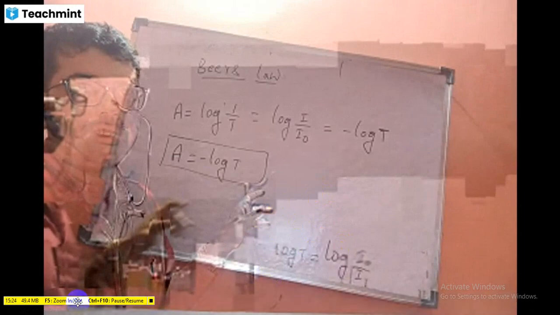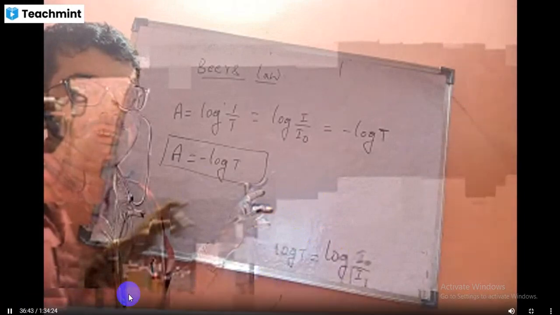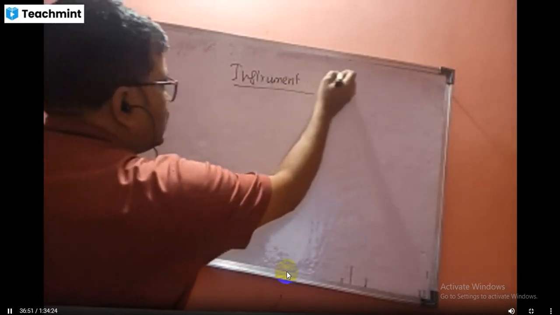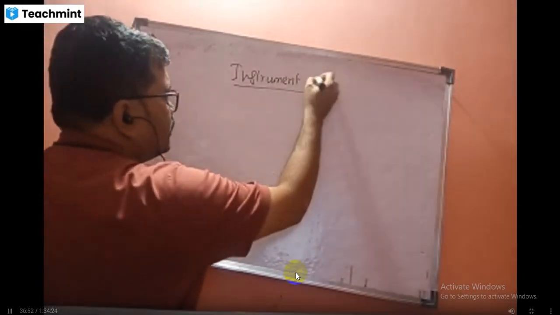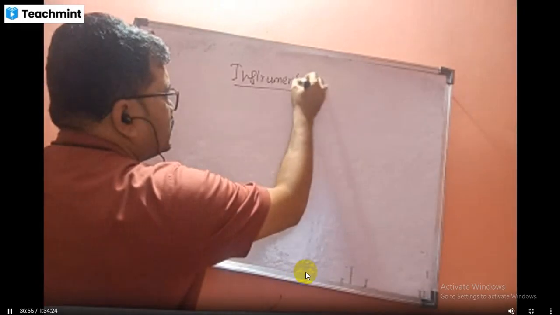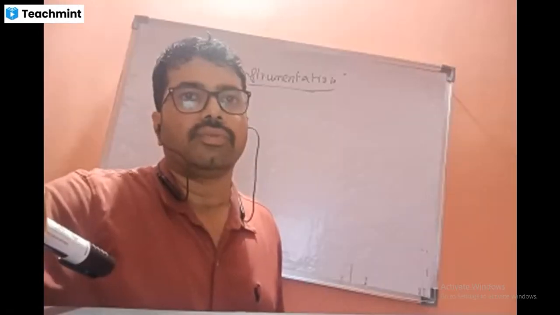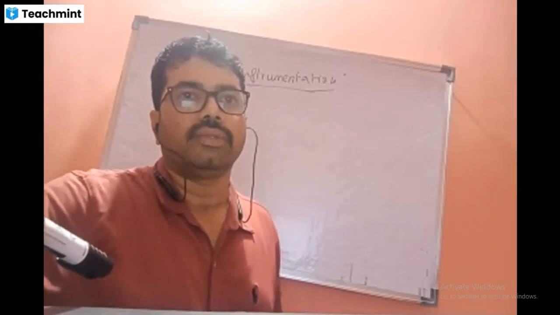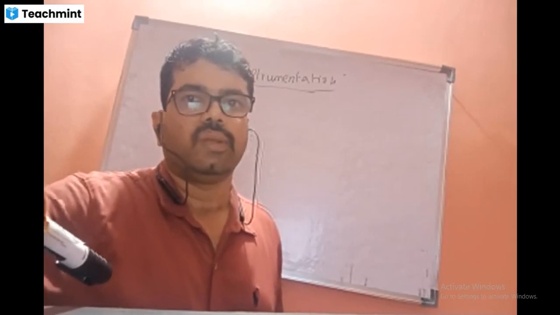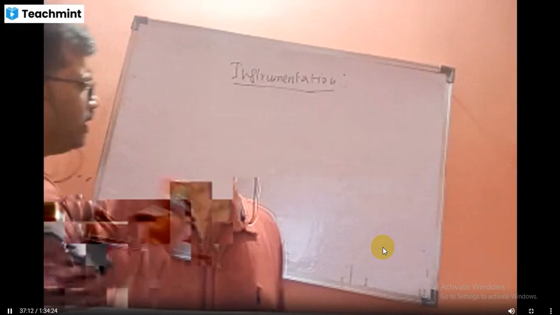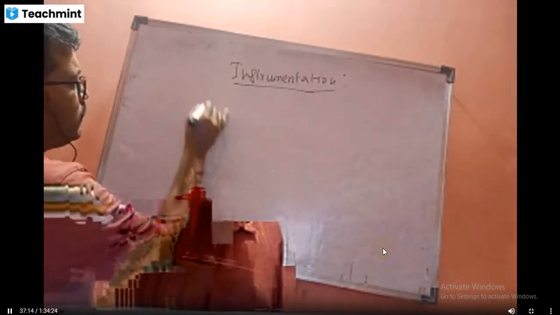So instrumentation, this is theory actually, so you have to read it. I had given it in the SLM instrumentation. Work on it. The next topic is the theory of UV visible spectroscopy. So theory is not just H mu.